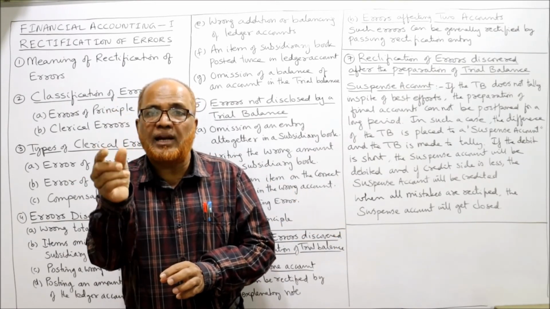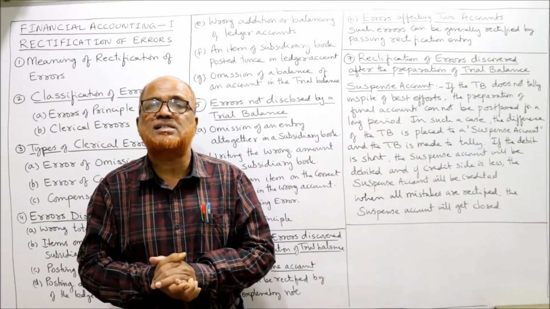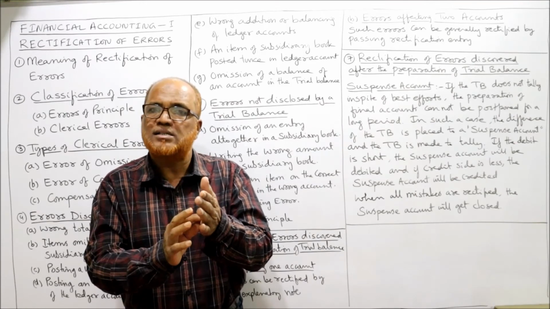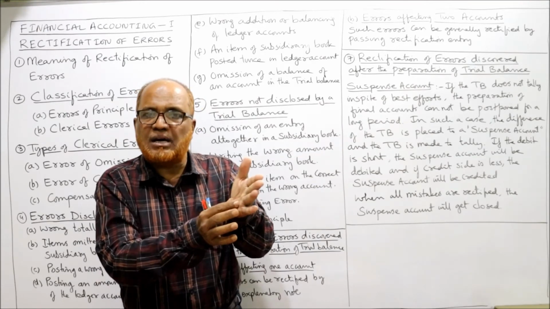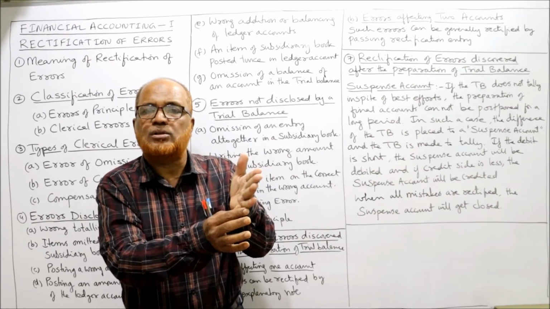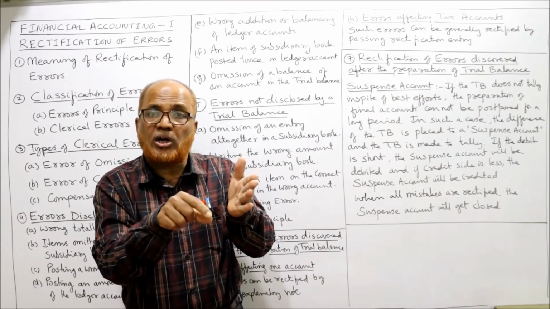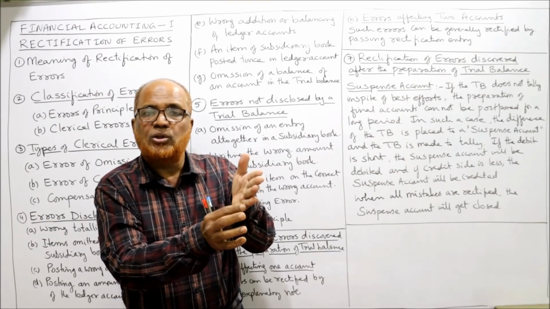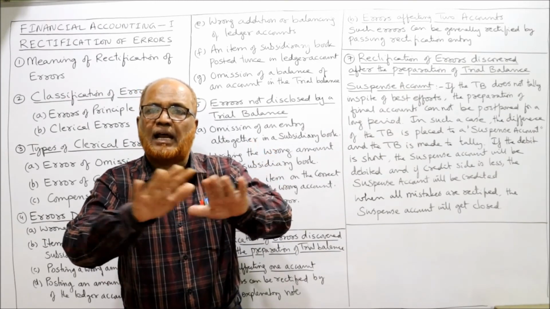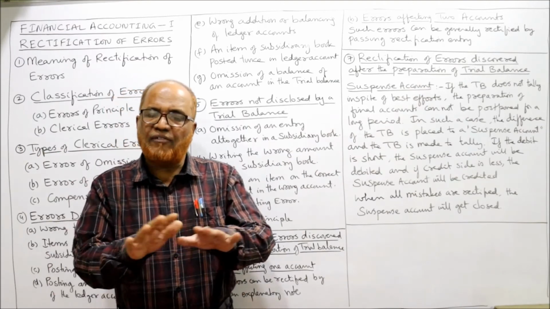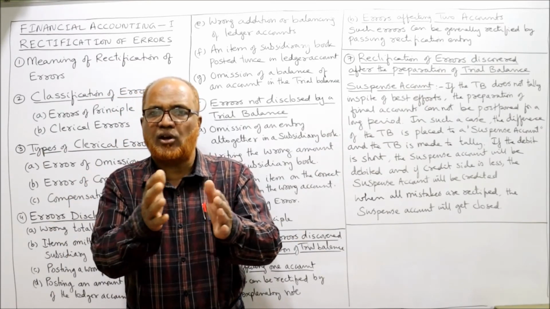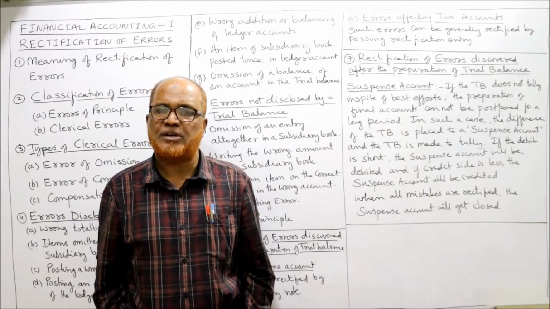So temporarily he will open an account called suspense account. If in the trial balance on the debit side he is getting 1 lakh and on the credit side he is getting 90,000, so 10,000 rupees short he is getting on the credit side. So he will write in the suspense account credit column 10,000. Temporarily the trial balance will tally. After tallying the trial balance, he will go on preparing the final accounts. Trading and profit and loss account, balance sheet, all financial statements are prepared.